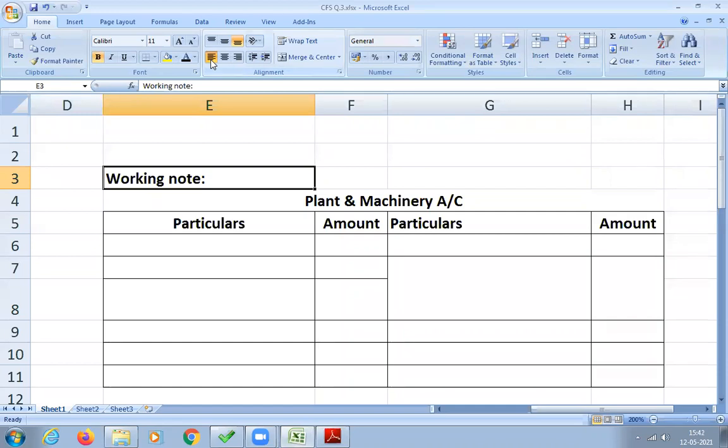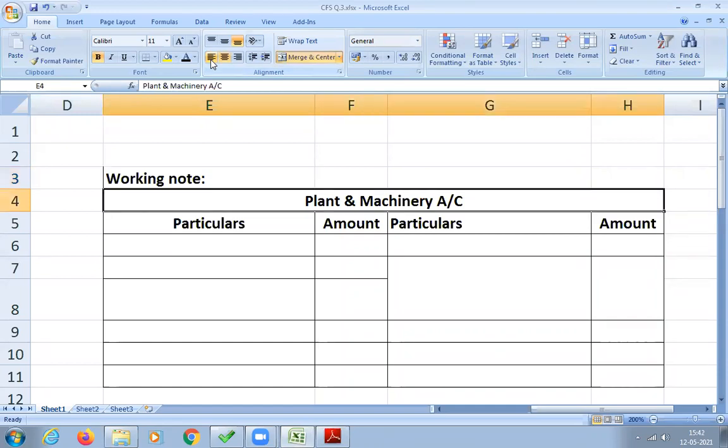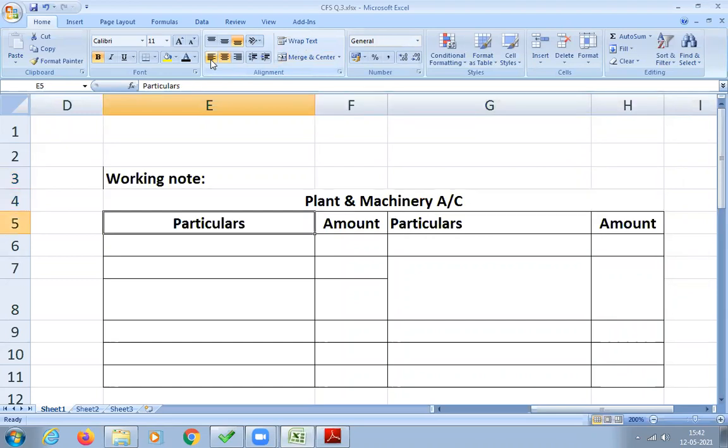By now you all know how to prepare the ledger, so we'll do it fast. So what is the opening? All of you prepare the table. Is this ready? Shall we start? Yes, sir. So how much is the balance brought down?